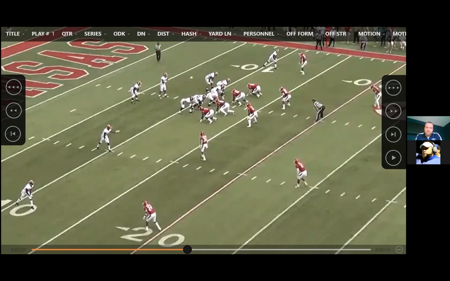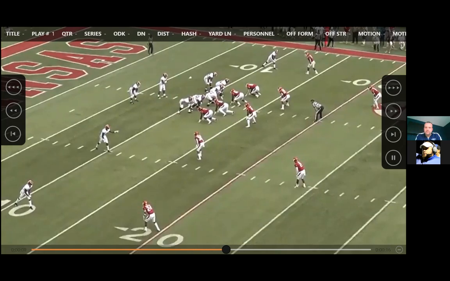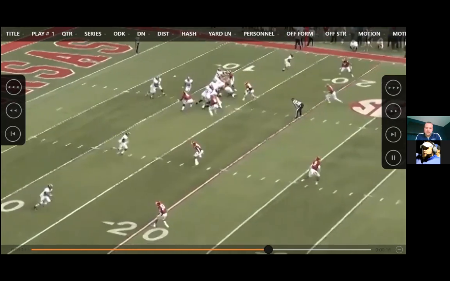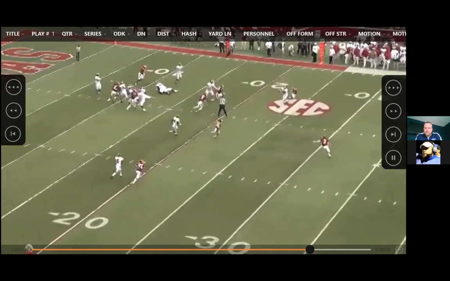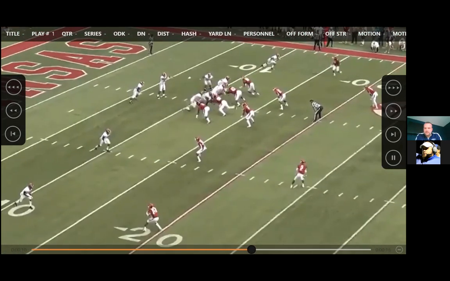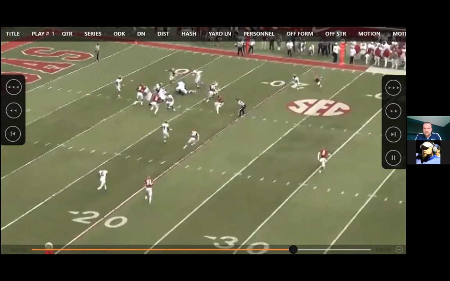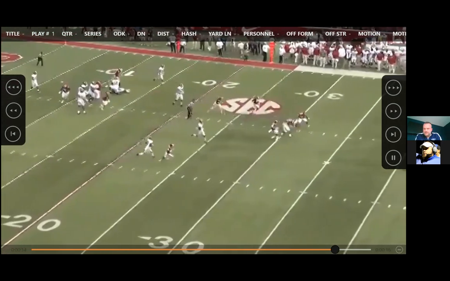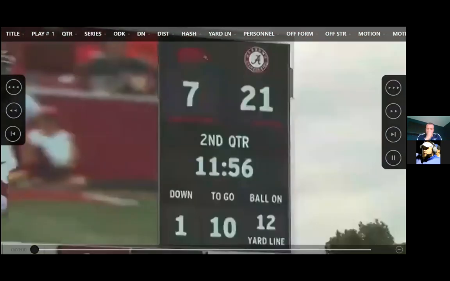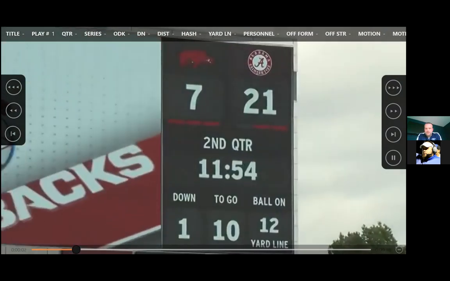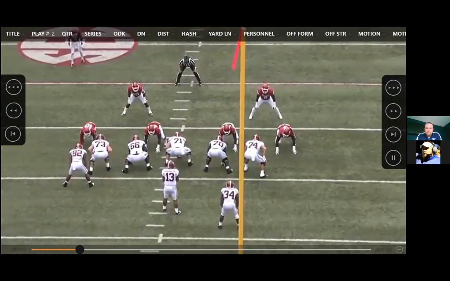And now it's up to the quarterback to determine, well, who's unblocked and which one of those guys do I want to read. So you can see in this case, Tua is going to read this guy. He's going to probably be keying off of that tight end, and he's flying down. And that's your post route. And you've probably seen a ton of these with all the draft coverage of these quarterbacks coming out. But this is the first clip we should kind of show our guys. This is what we want to emulate.